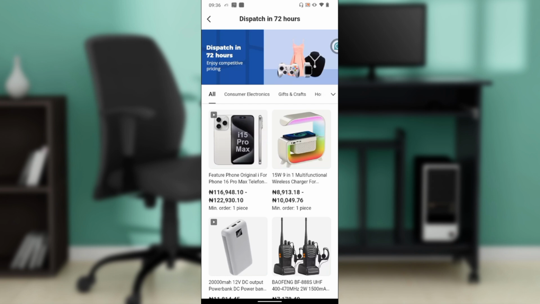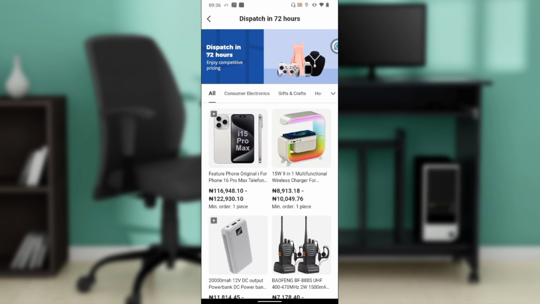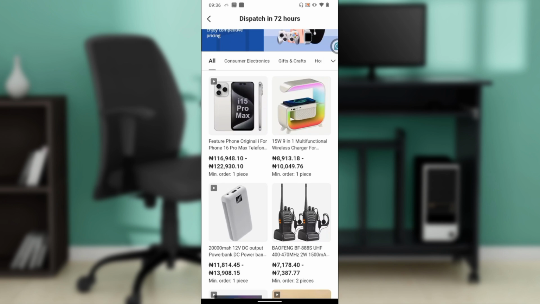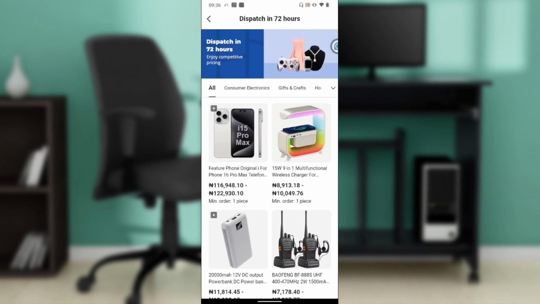Now in the sign-up page, you're going to be asked to either log in using an existing account or to create an entirely new account. Whichever one you choose, after signing in, it's going to take you right into this fantastic homepage where you can now explore a lot of features to have an exciting time in Alibaba. So now that we're here, let's quickly hop into today's topic, and that is how to remove a credit card